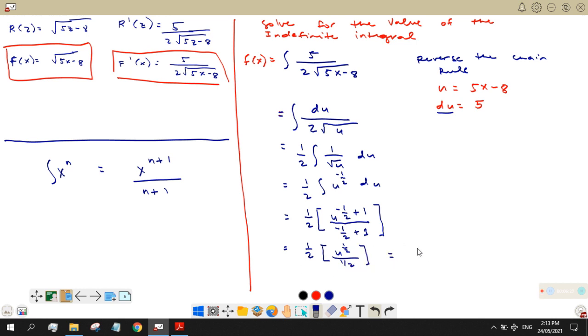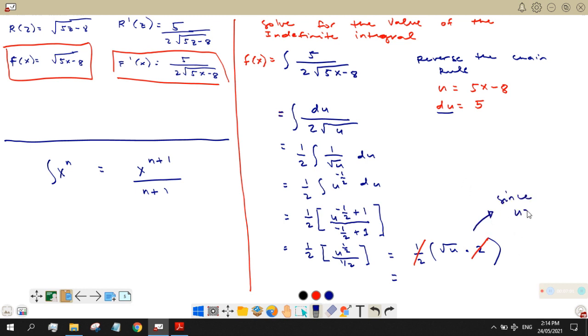So, we have 1/2 times square root of u times, ano ang reciprocal ng 1/2? 2. So, what do we know? 1/2 times 2 is 1. So, tanggal na sila. You will end up with just square root of u, and